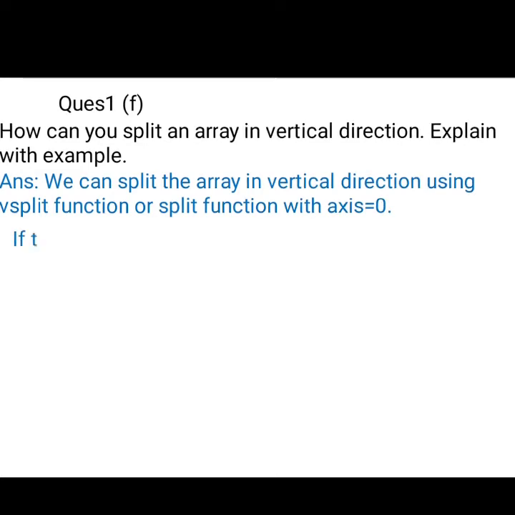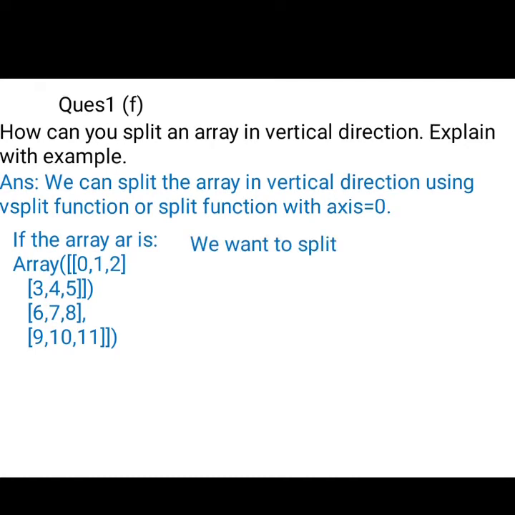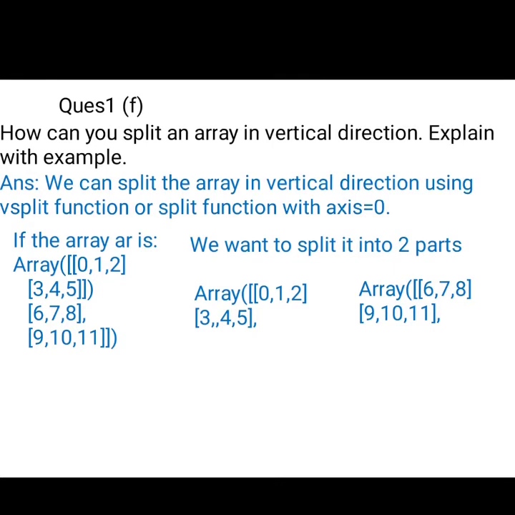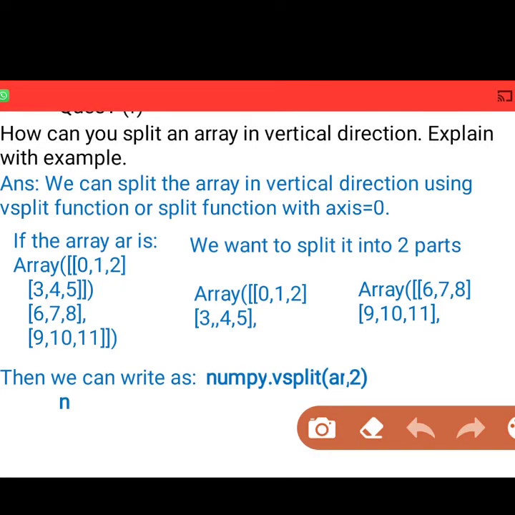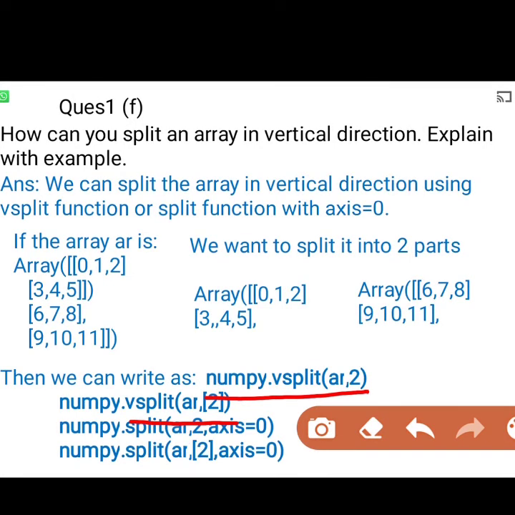If the array is having element 0, 1, 2, 3, 4, 5, 6, 7, 8, 9, 10, 11 and we want to split it into two parts as first array having 0, 1, 2, 3, 4, 5 and second array having 6, 7, 8, 9, 10, 11. Then using the vsplit function and split function, there are 4 ways to write. How we can write? numpy.vsplit array comma 2, numpy.vsplit array comma 2, but here 2 is in a list form.